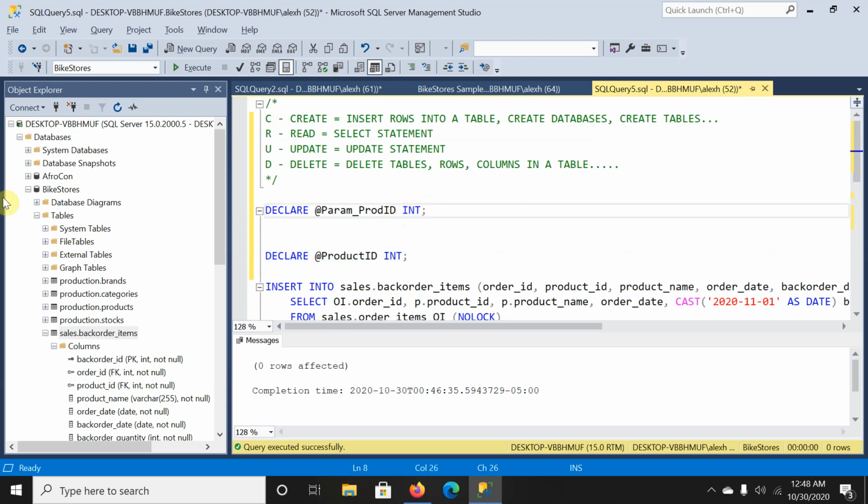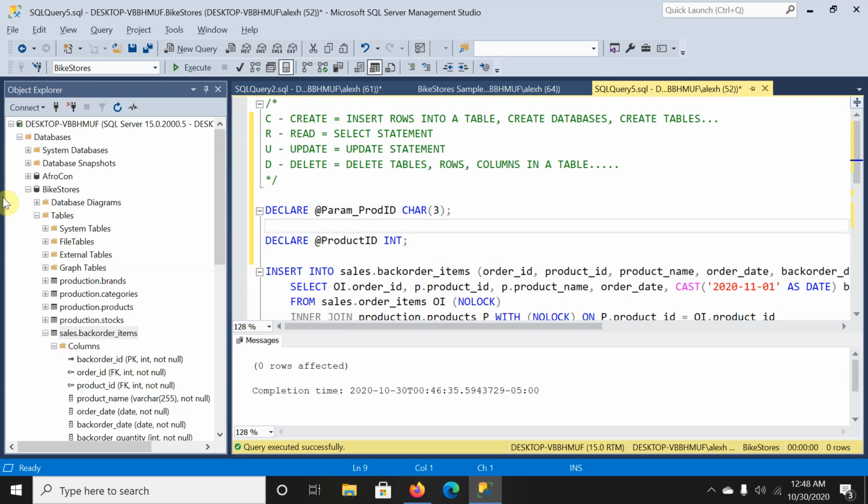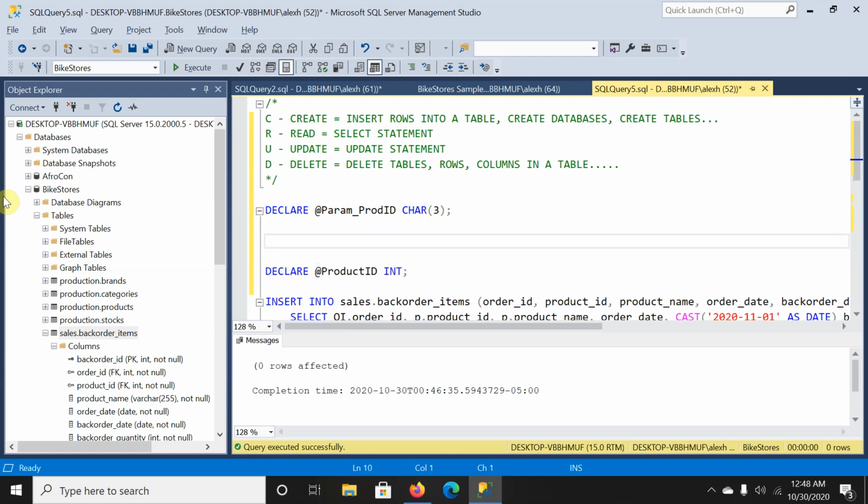So let's make this a string instead, or a varchar. Varchar. Oh, let's make it a char. Char. Let's make it 3 bytes long. Right. Now, what I can do is I can do some conditionalizing on this right here, and I can say